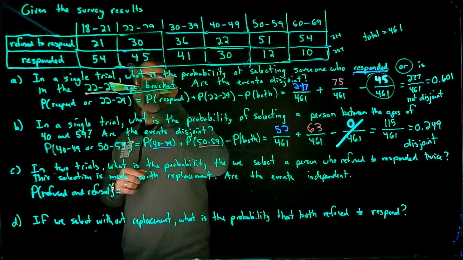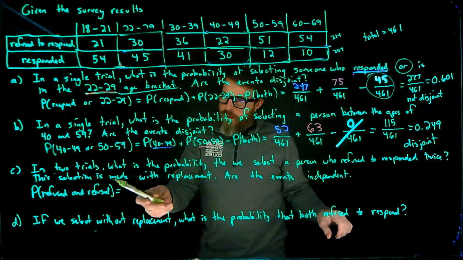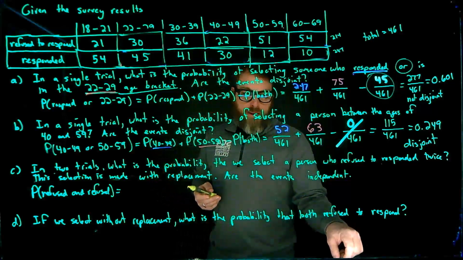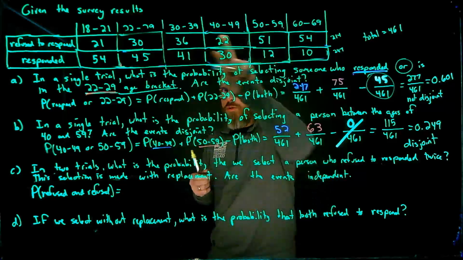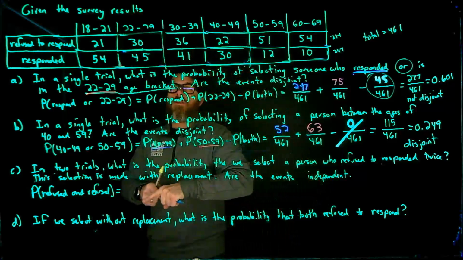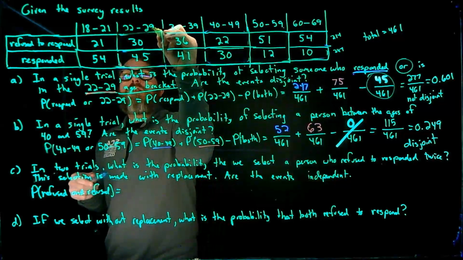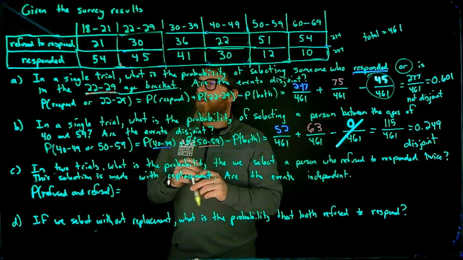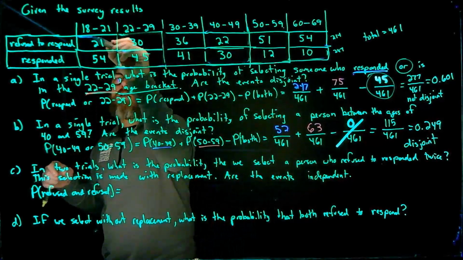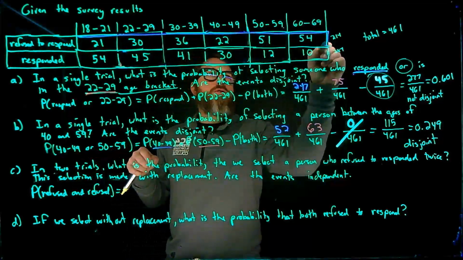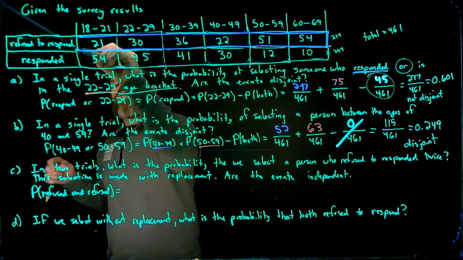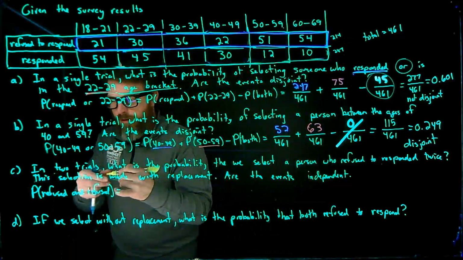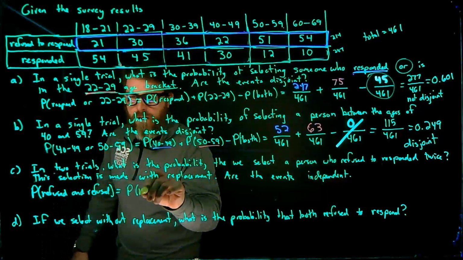All right, so let's see. So we have this is being selected with replacement. So that means if I successfully grab somebody, that means they are going back into the list of everybody after. So these probabilities will not be affected. All right, so the probability of refused and the probability of refused. Well, refused is up here, so this is going to be this list here. This is our refused. And I know the probability of refused is going to be 214, so this is the probability of refused,